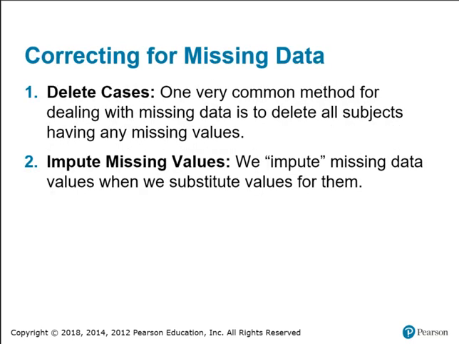So for missing data, you can delete all the subjects that have any of the missing values. All right, and when you do that, you generally have to disclose the reason that we have 37 people in this question, but we have 50 subjects. That is because those people chose not to respond. Okay, we can also